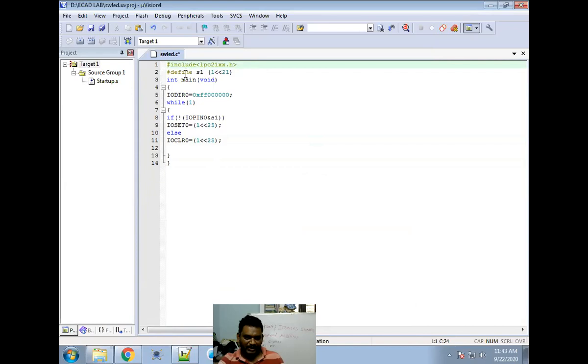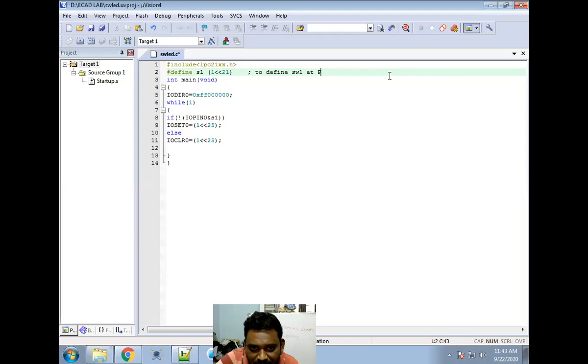So hash define S1. This is a must, and you need to know the definitions you are writing here. Here I am writing certain comments to define switch 1, SW1, where I connected SW1 at port.